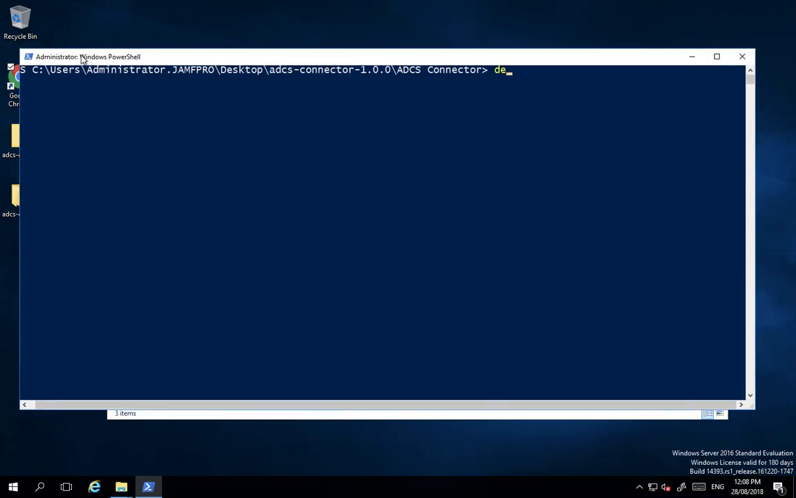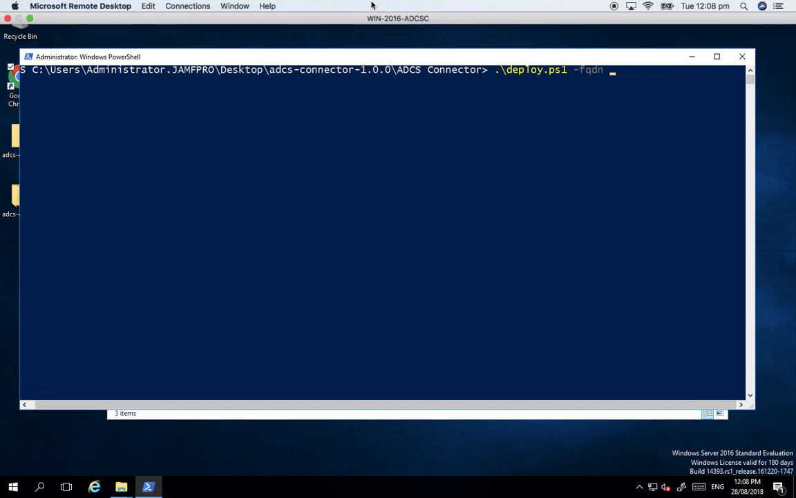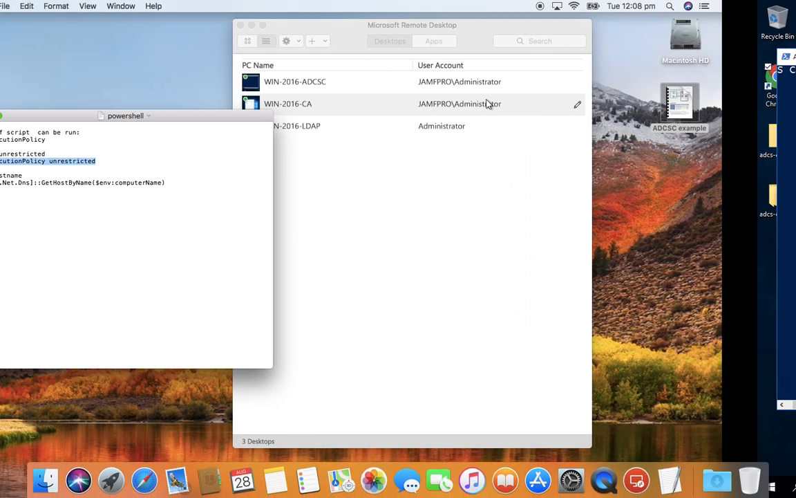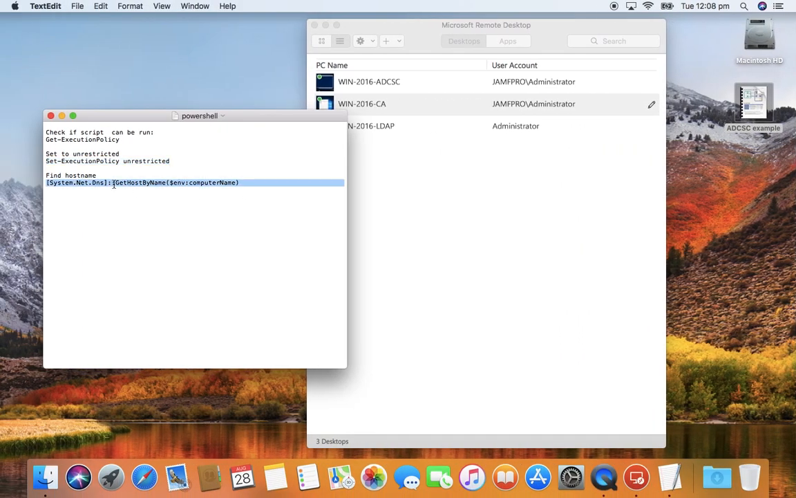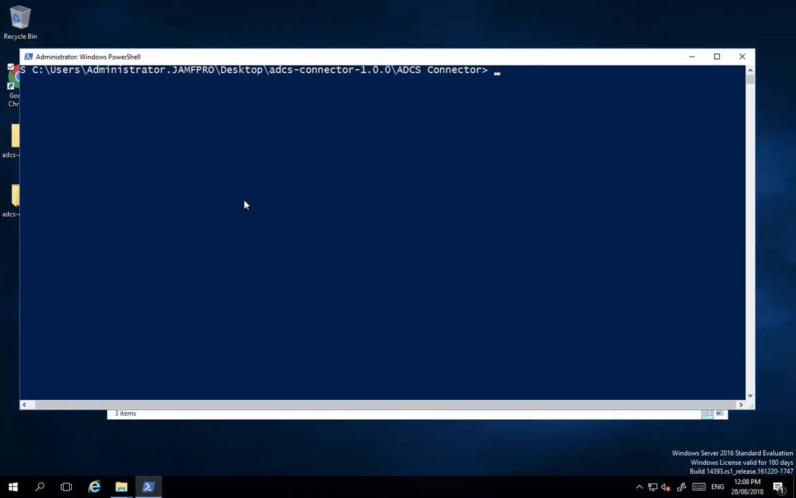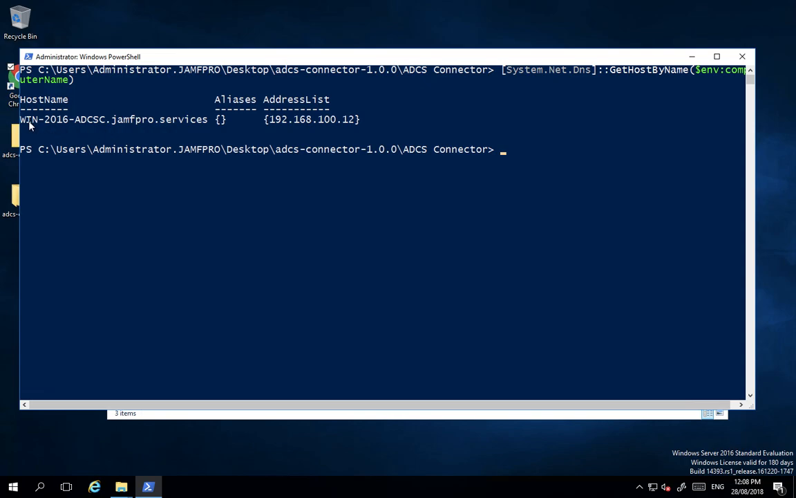Okay, so I'm going to go deploy, and I'm going to do the -FQDN. This is going to be the FQDN of the Active Directory Certificate Server Connector. So this aspect here. Now if you're unsure of what this is, we can run another command. All right, we want the FQDN as well. So we'll copy this, paste this in here, and we say, okay, there is my FQDN of the server that